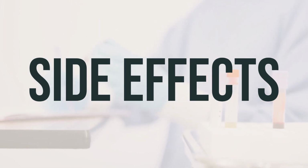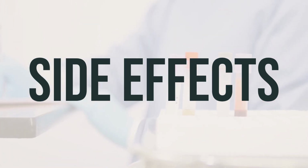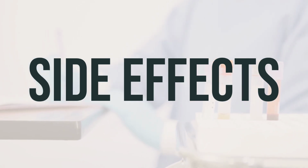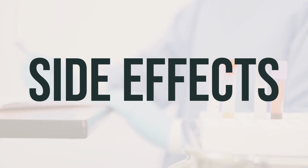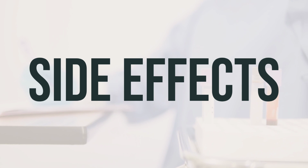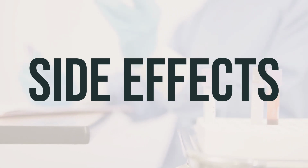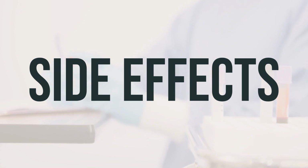Be sure to notify your doctor immediately if you experience any serious side effects, such as easy bruising or bleeding, swelling in the hands, ankles, or feet, or sudden changes in vision. Idelalisib, the active ingredient in Zydelig, may cause a rash that is generally not serious. However, it's important to seek medical help right away if you develop any rash, as it may be a sign